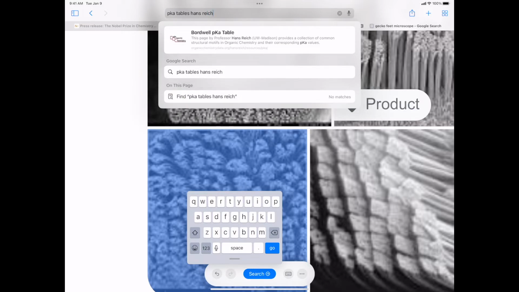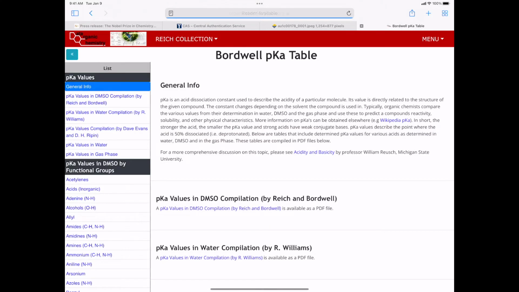Professor Reich was at Wisconsin when I was there, taught the NMR class, was really